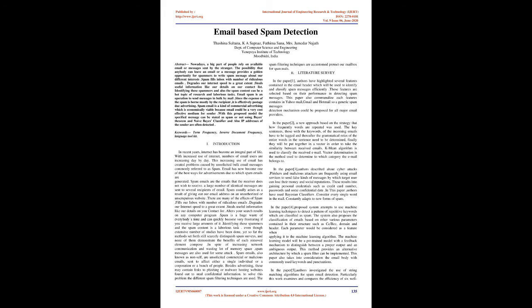Email spam is an operation to send messages in bulk by mail. Since the expense of the spam is borne mostly by the recipient, it is effectively postage-due advertising. Spam email is a kind of commercial advertising which is economically viable because email could be a very cost-effective medium